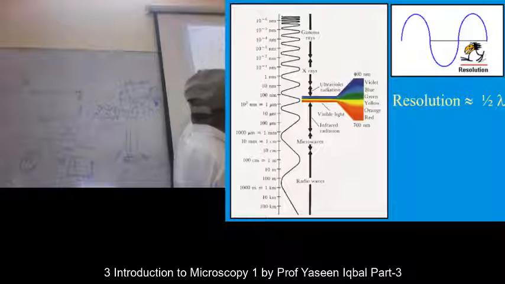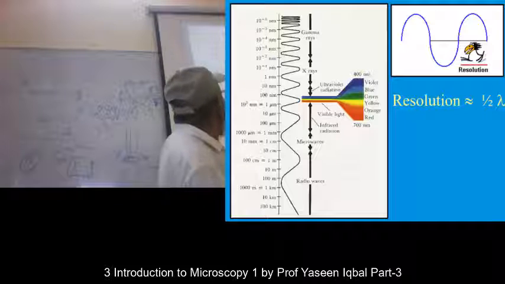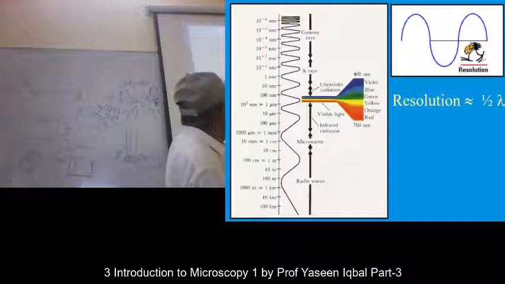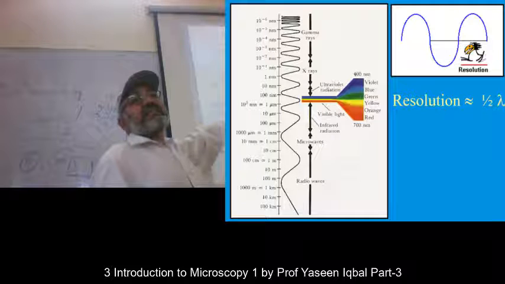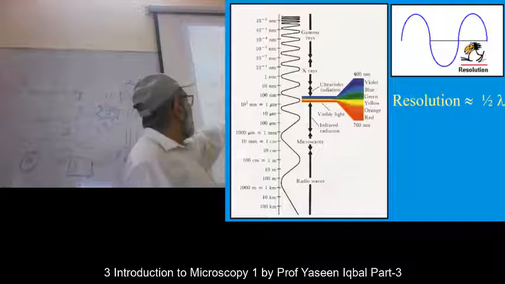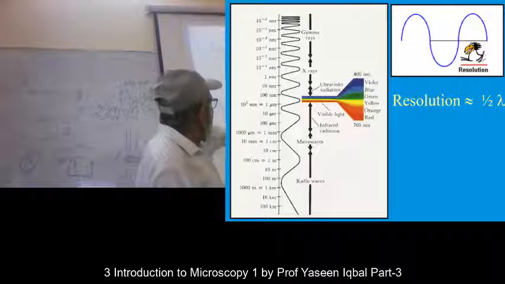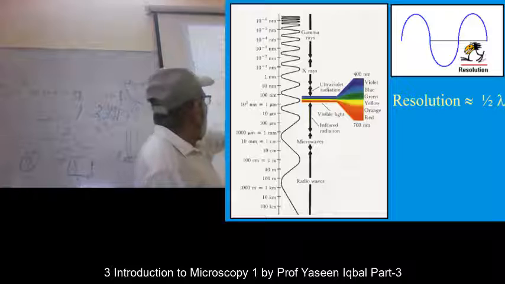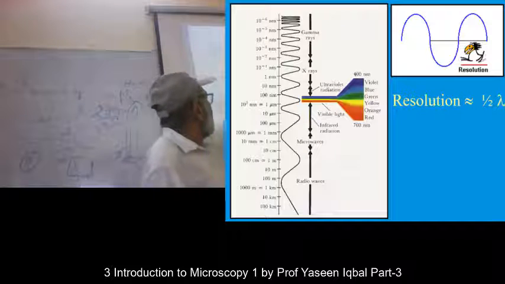So this is the visible range, from 1 micrometer to 1 millimeter. Beyond that, up to 10 centimeter, between 1 millimeter and 10 centimeter,